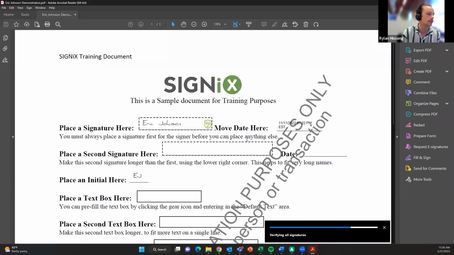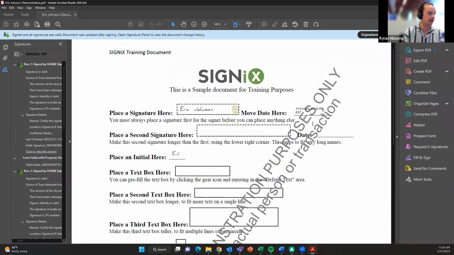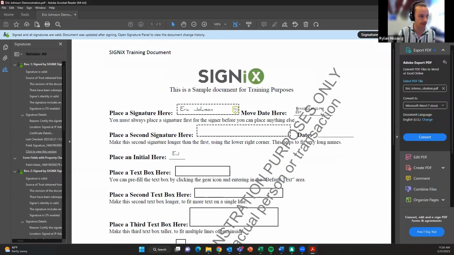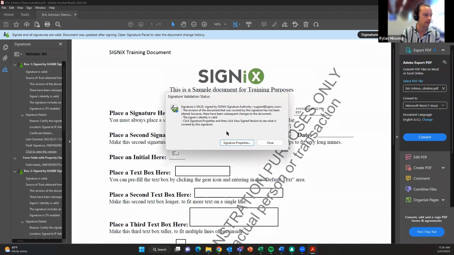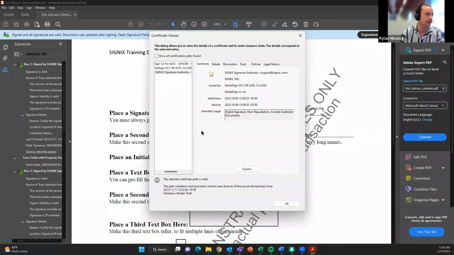So this one was signed obviously last November of 2022. And when I open this document in any PDF viewer, no matter how long after that transaction took place, I'm able to click on each individual signature and view the digital certificate embedded in there. I can view the signed IP address, where they were exactly. And I can view the certificate